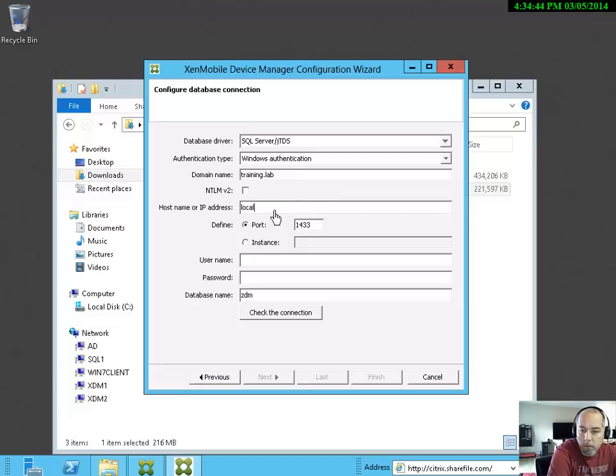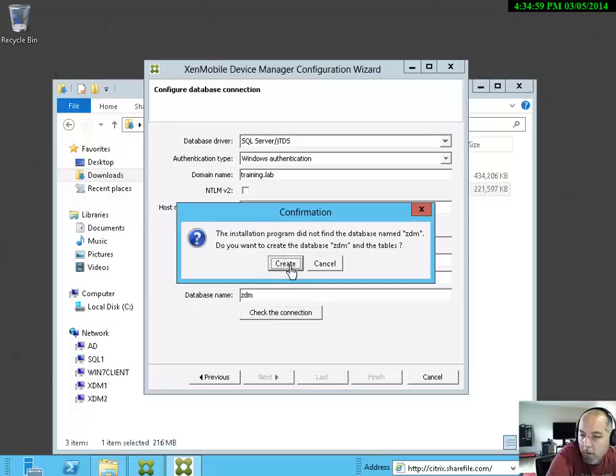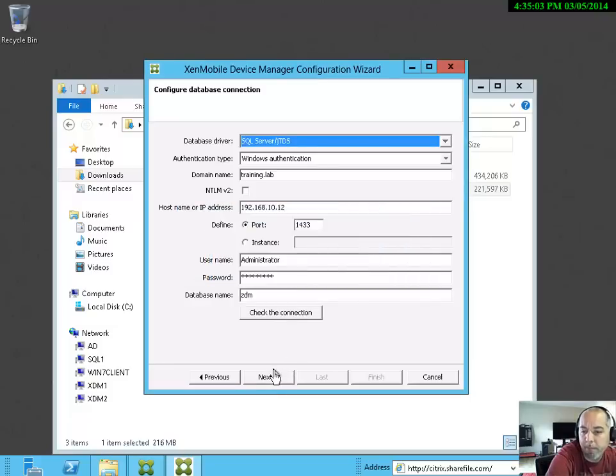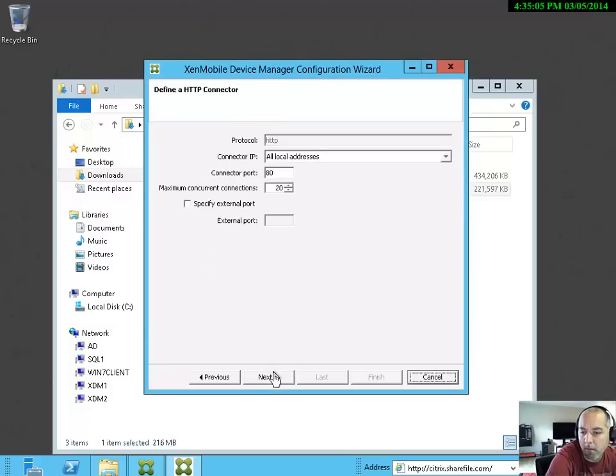I have an external database for this. It's my username and password. Check the connection. Create the database. Successful. Next, next, next,